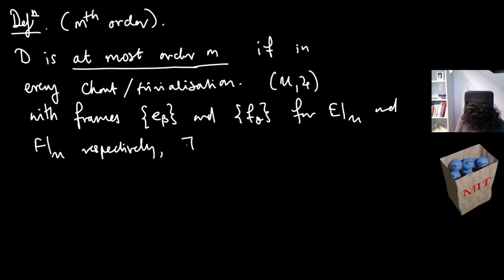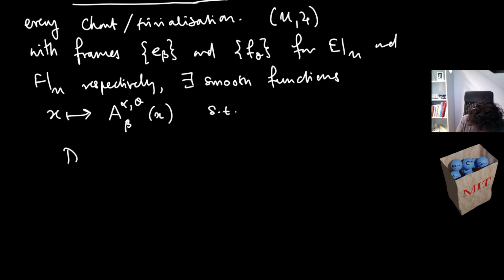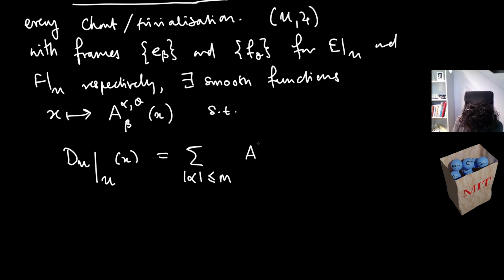There exists smooth functions X maps to A alpha theta beta of X. So we're indexing over alpha, theta, and beta such that we can write the operator D on U inside this open set U at X as equal to, so here this is a multi-index,